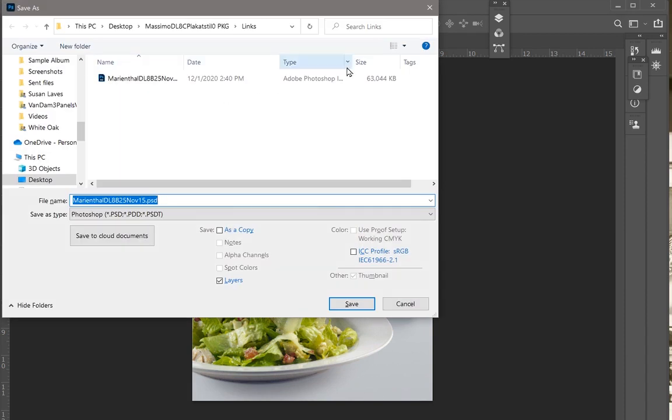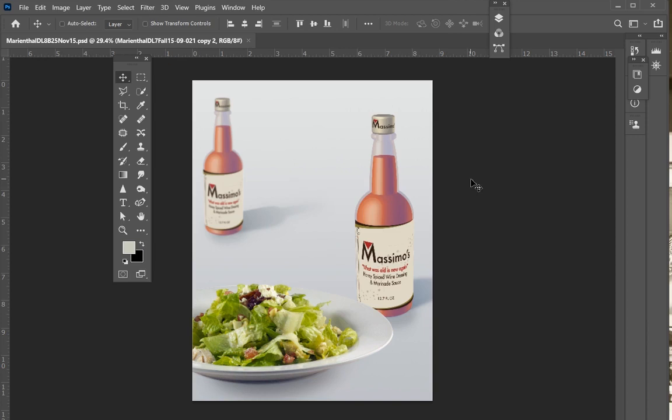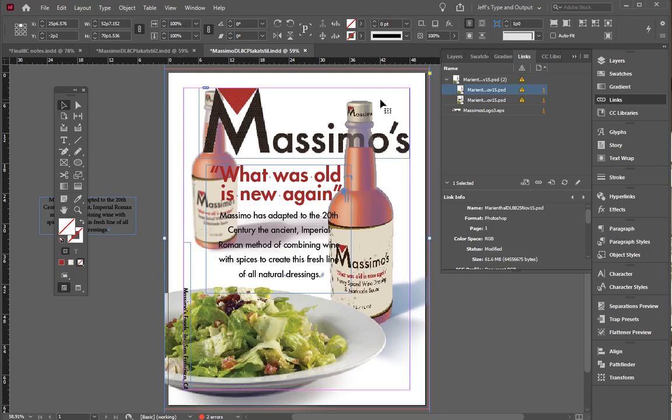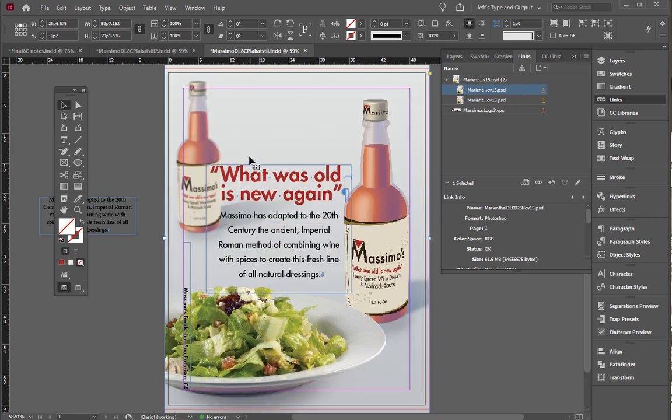And if I do that again, you can now see it's down to 63 megabytes. I've made it 1/3 smaller, 2/3 the original size. So I've saved a lot of data, a lot of bandwidth there. So save this. I'm going to leave this open because when it updates in InDesign, you can see where everything